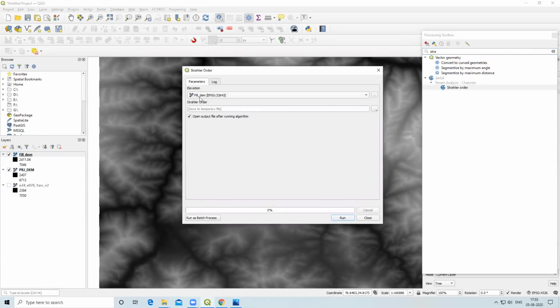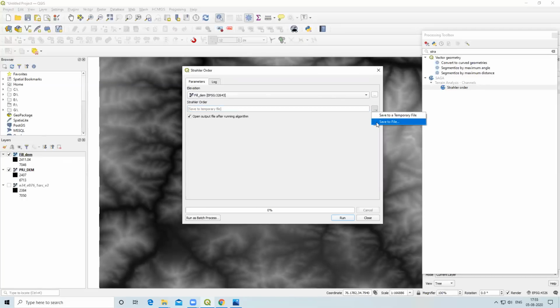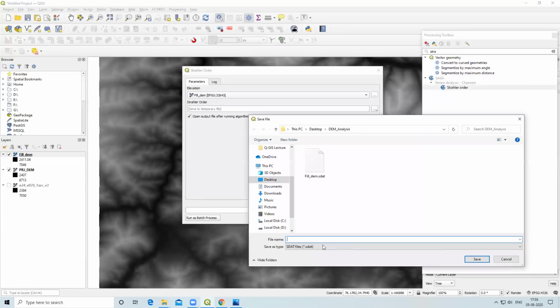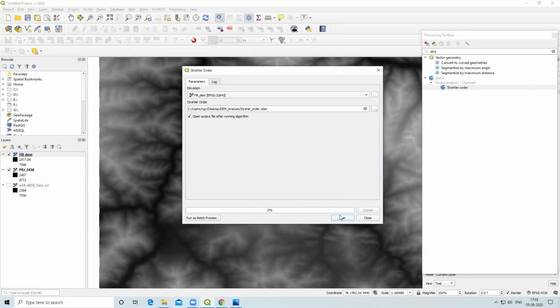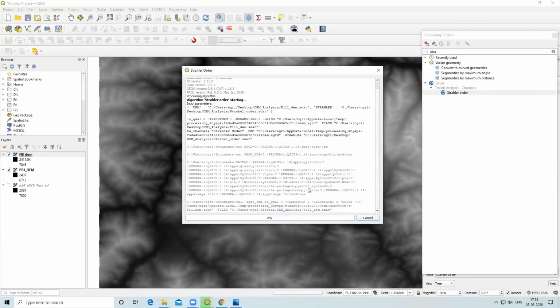My input elevation is the field DEM that we have just filled, and for the Strahler's order output, I will save it by the name of Strahler order. Now I will click on run. So we are going to create a Strahler order.